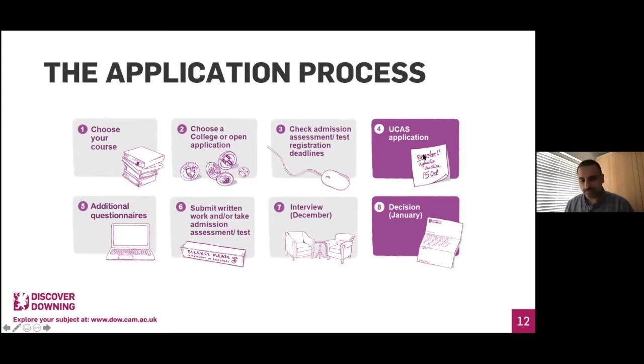Now, once we've received your application and we've been able to review your submitted work and all the additional information you provided us, we then make a decision about who we'd like to invite for an interview. Normally, by the end of November, we will be sending out invitation letters to candidates, informing them whether they've been selected for an interview and giving them information about when those interviews are going to take place. The interviews normally take place within the first 2 weeks of December, and I'll be telling you a little bit more about what to expect at an interview later on in my talk. Once the interviews have been done, we normally make our decisions in early January, and all candidates will find out about the outcome of their application around the middle of January at the latest.